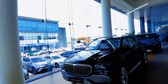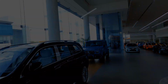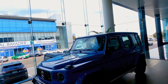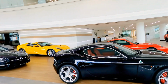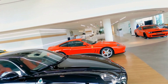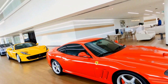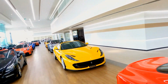Over this side, Maybach GLE. Then just behind that is an AMG G63. These seem to be quite popular in Dubai. Then if you move over, they have an Alfa Romeo 8C, limited production of 500 units. Next to that is a Ferrari 550 Maranello. Behind that is a Ferrari 812 Superfast,